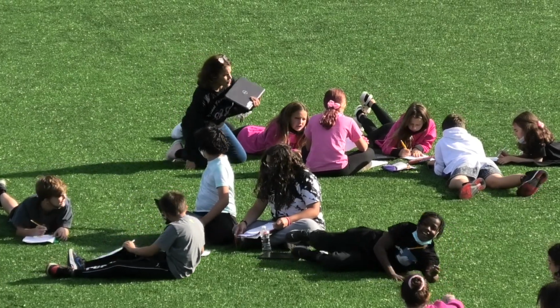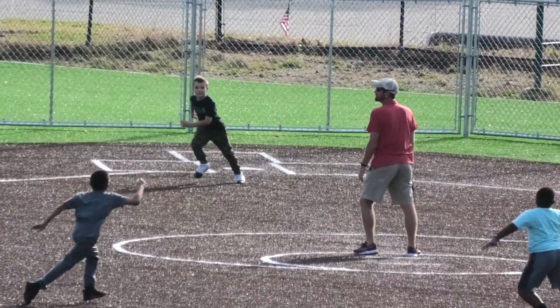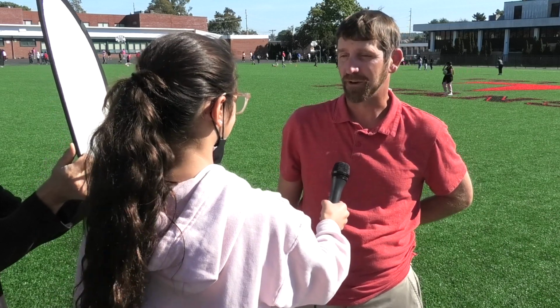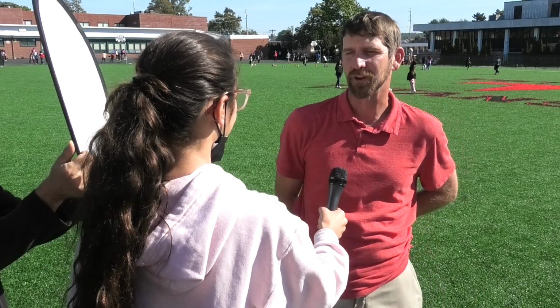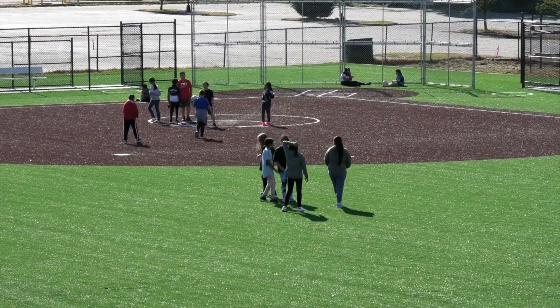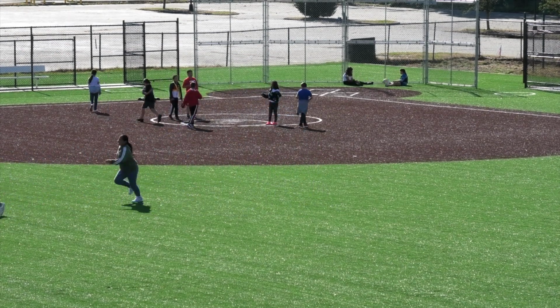Some teachers have already taken advantage of the new facility by conducting class outdoors. Gym class, however, has benefited the most. Yes, the new field is better. We no longer have Lake Washington out in the middle of the field that we used to have to run around. According to Ms. Capitelli, the new field cost $1.5 million and was designed for students to have much more